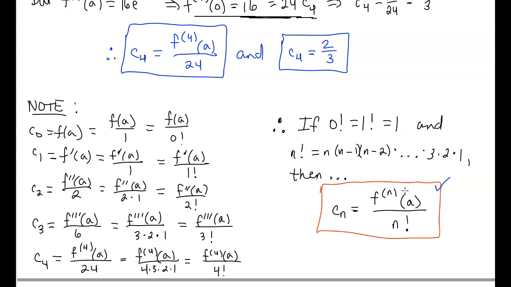Okay, so right now we're doing it at a equals 0, but we could do it at a equals 1, a equals 5, a equals 7, a equals 2/3, whatever we wanted, as long as that value of a is in the domain of the function. And since e raised to the negative 2x has a domain of all real numbers, we don't really have that issue there. Okay, so now that we have all that in play here,